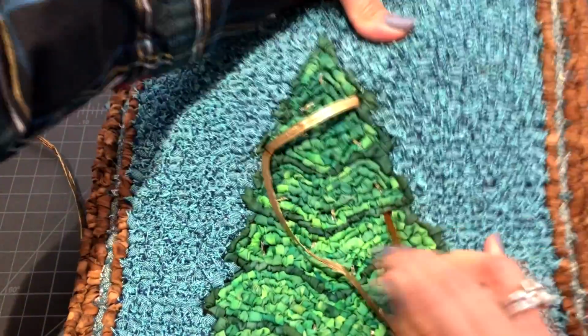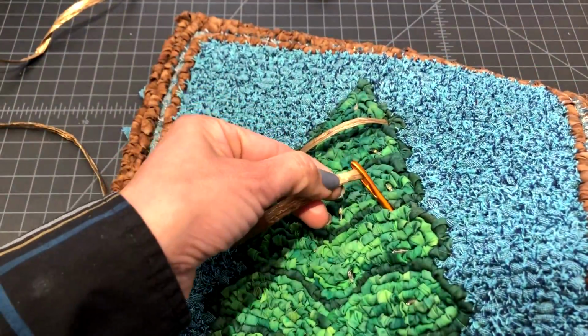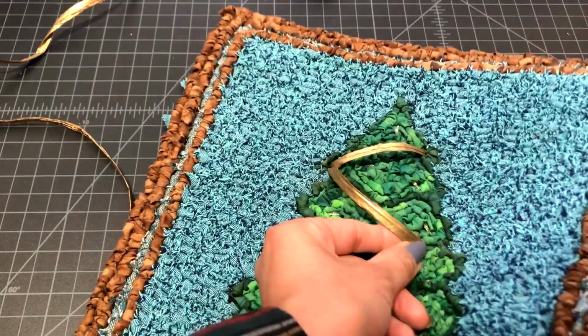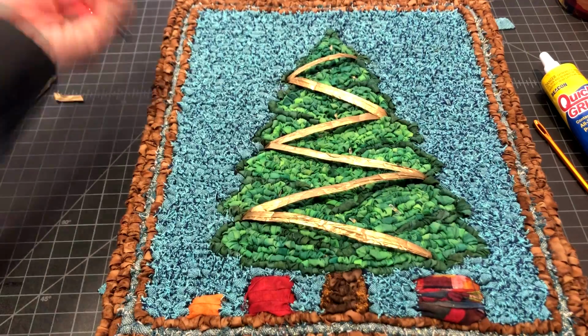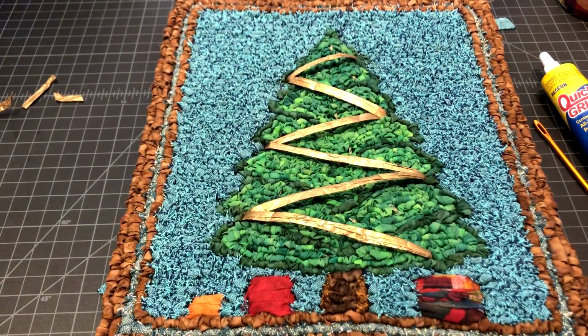And then you just work your locker hook to the back, thread it through, and pass it through, and you will be gluing these in the back to secure them later. This is a fun part. So now that you have your garland in place and the LED lights, you get to place your ornaments, and